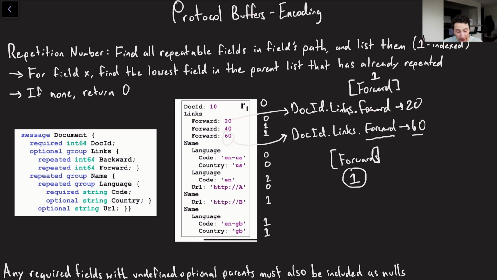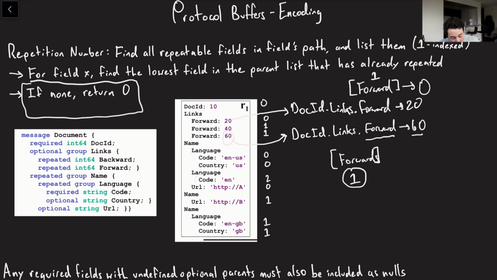However, the major thing to note here is that forward has not already repeated yet when we're reading this path. Because forward has not repeated, we hit our edge case: if none, return 0. So when we see 0 on a repeatable field like this, it insinuates that we've started a new document, and that this is the first field of its kind within a document.